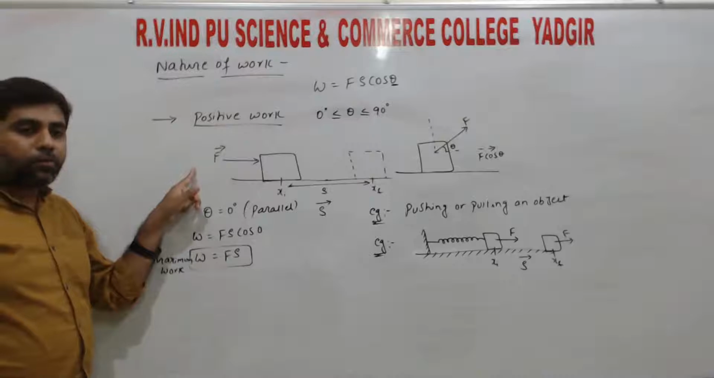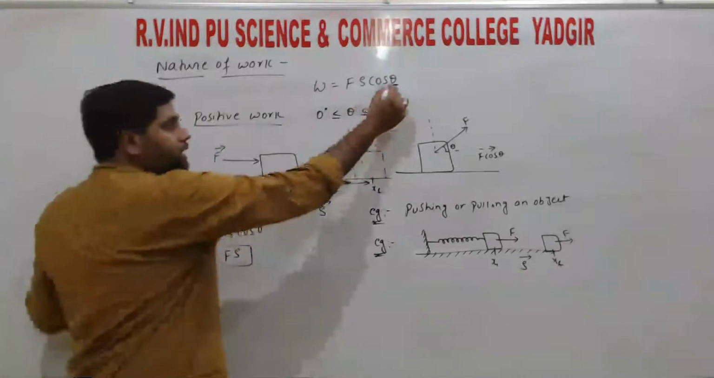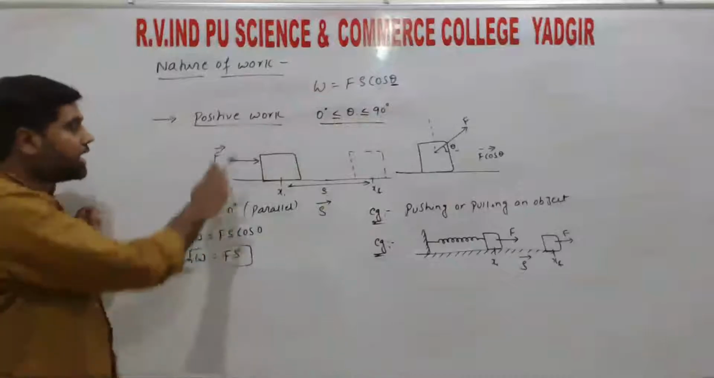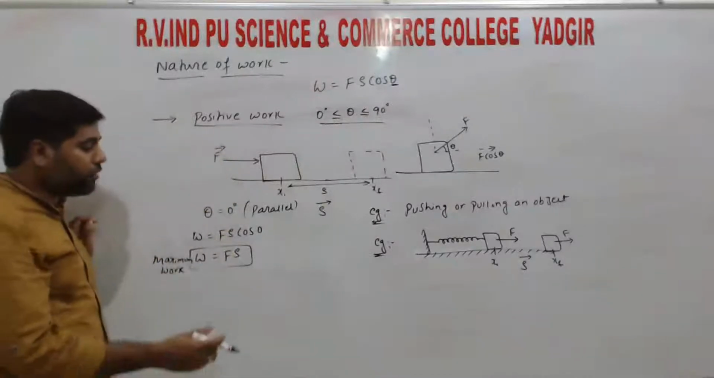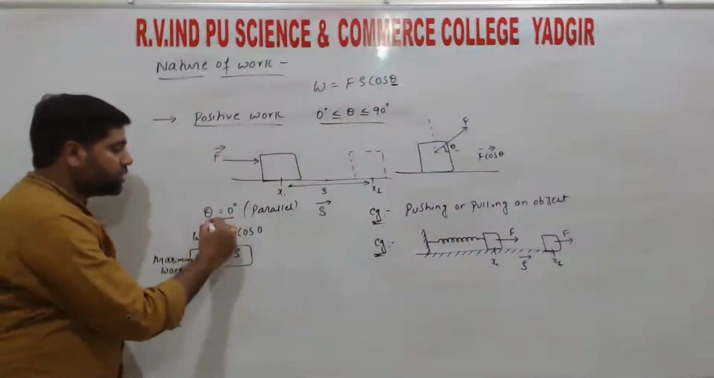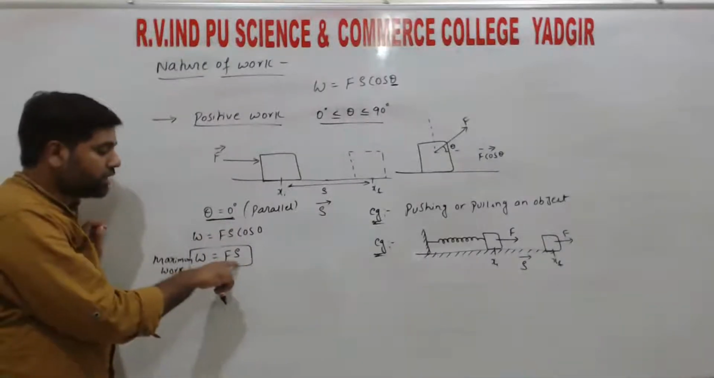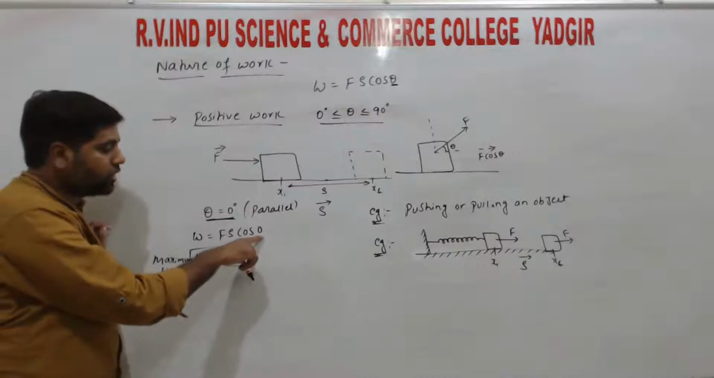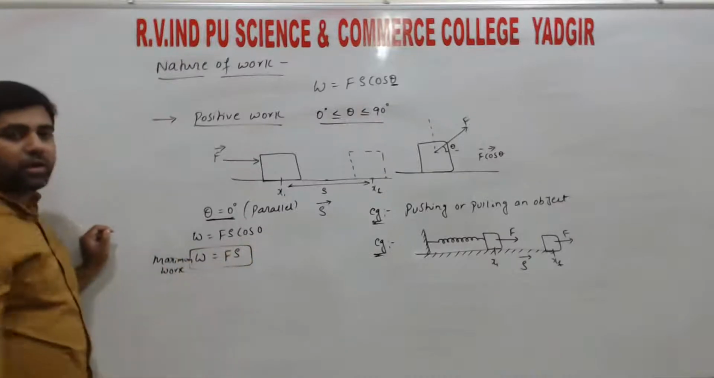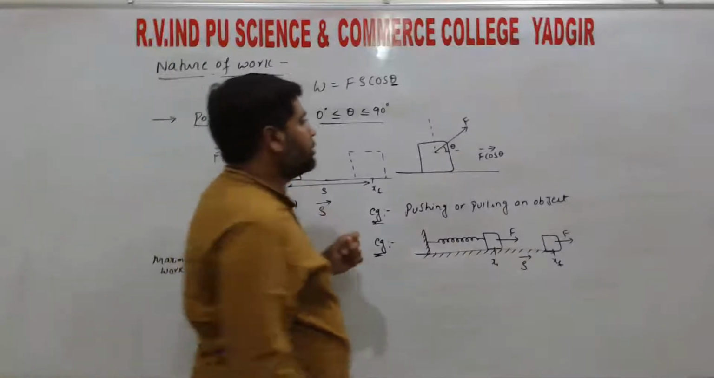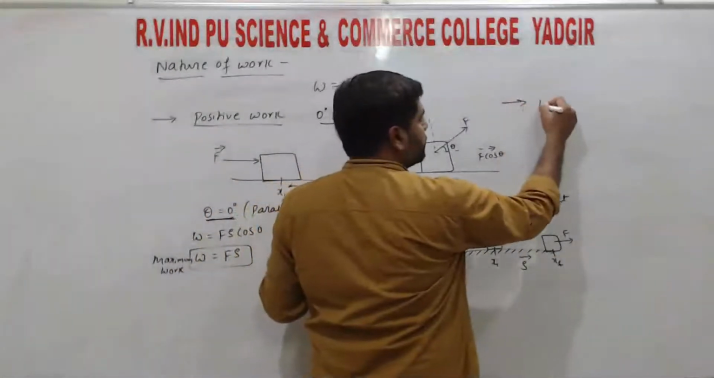When work is positive, it means the angle theta lies between 0 degree and 90 degree, then those works are called positive work. When work is maximum, theta is equal to 0 degree, we get the work maximum, right? So that is Fs. Cos 0 is 1, so 1 into Fs is Fs, right? So this is the positive work. Next, second one is